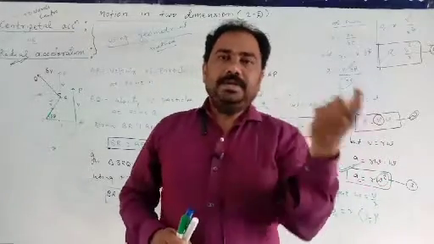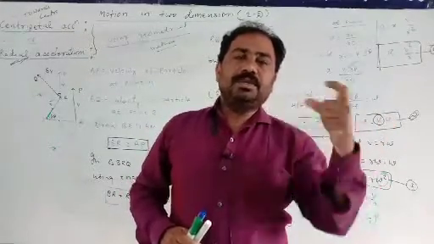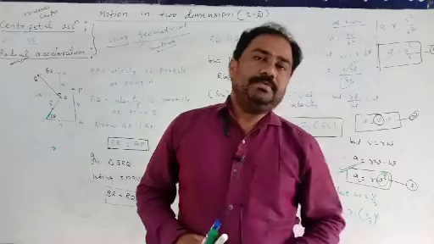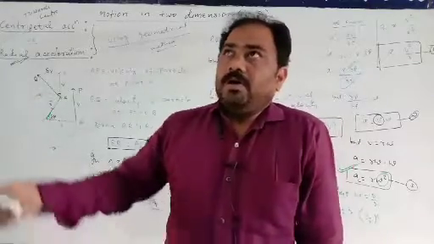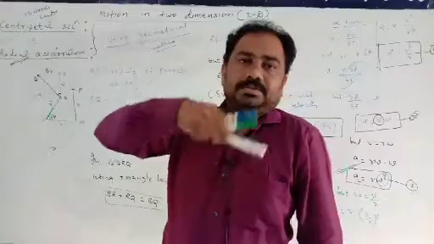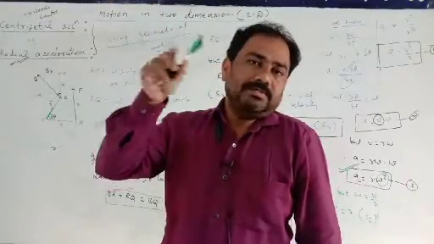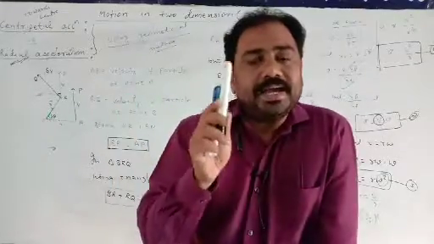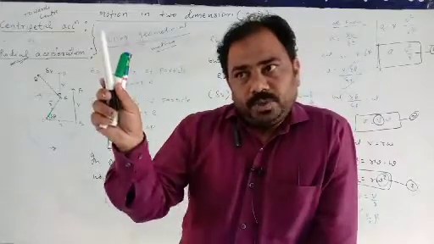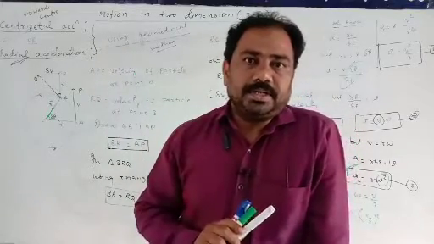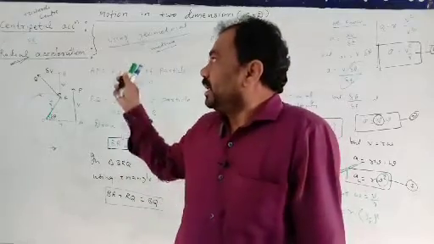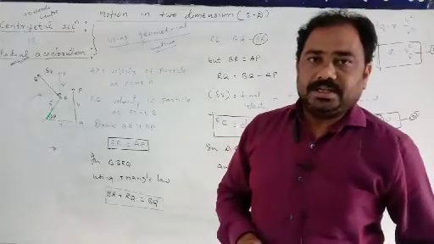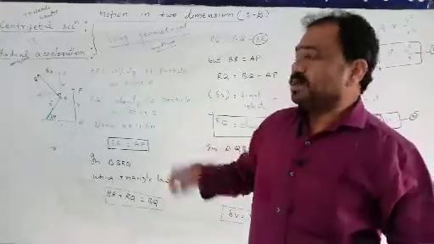Centripetal acceleration means what? Centripetal means toward the center. The acceleration which is toward the center is centripetal acceleration. It takes place when a particle is performing circular motion, when the particle moves along the circumference of a circle. The acceleration produced has its direction toward the center of the circle, and due to that direction it is called centripetal acceleration. It is along the radius, so that's why it is also called radial acceleration.